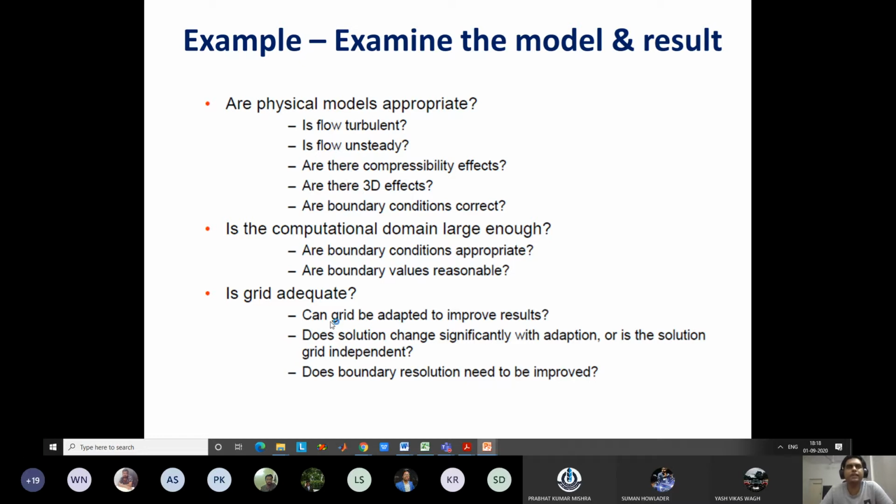and check whether there is any change in the results or not. If there is significant change, we can say that no, the results are not correct. It is depending on the number of grid points. Okay. So we have to check again, go to a finer grid, say 400 grid points. Again, we have to check whether the results are changing or not. So after sufficiently refining, you will see that the results do not change much. Okay. So this is known as grid convergence.